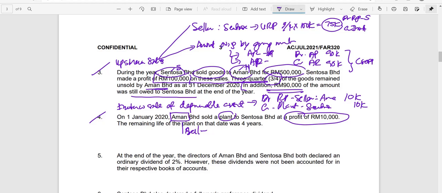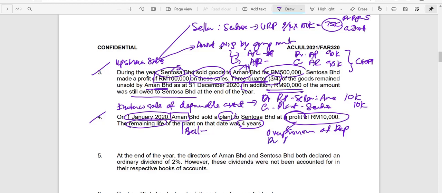Next would be the adjustment for depreciation. Since this is depreciable asset, you are informed remaining life on the date of the intercompany sale of asset here was already given 4 years. So for that so-called intercompany sale at a profit, this will result in an over provision of depreciation. By whom? By the buyer, because buyer would have charged its depreciation based on a higher figure, and the seller would have charged it based on cost. So the over provision of depreciation by a buyer will have to be adjusted in the seller retained profit.